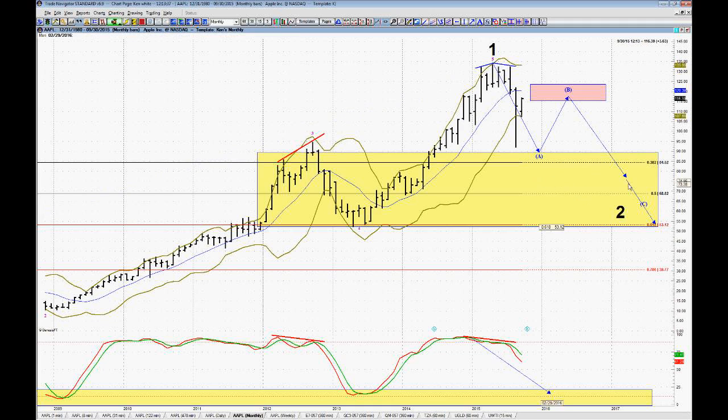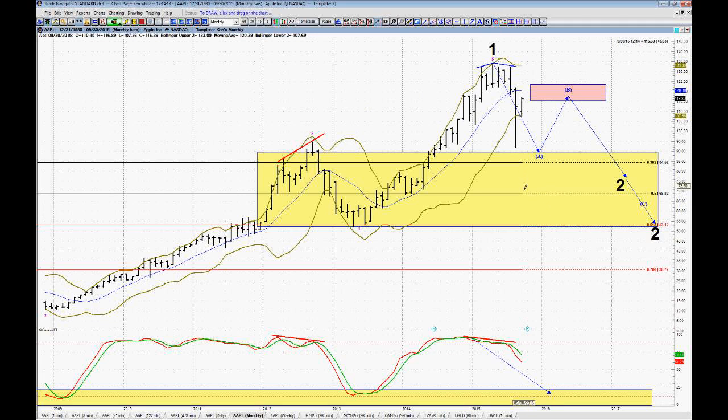Yellow box is where long-term support is. The DSE's forecast for wave 2, somewhere in here. Two. Use the bounce to sell, use this box to buy,